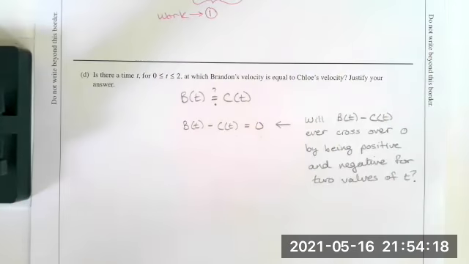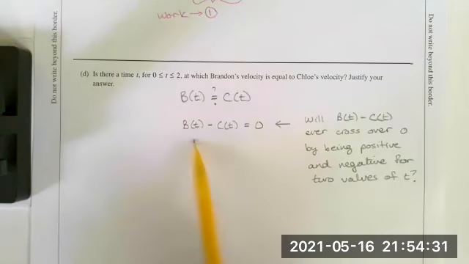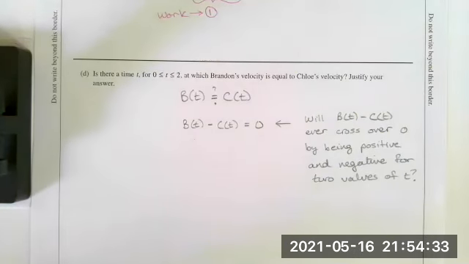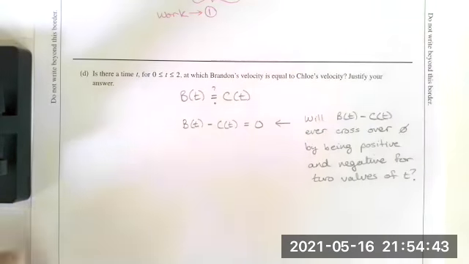So think about it. Will B of t minus C of t ever be positive at one moment and then negative at another moment? If we can confirm that this difference expression is positive at one moment in time, but negative at another moment in time, then somewhere in between those 2 moments in time, it had to have crossed over 0. So that's the